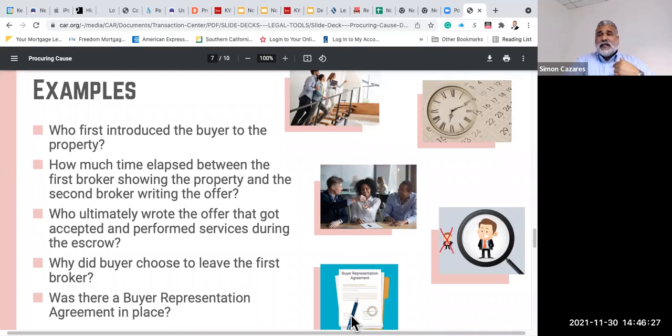Because if I'm the agent now representing the buyer, I'm going to ask those questions, and I'm going to ask real hard questions to the buyers. I'm going to ask, are you working with a buyer's agent? Yes. Okay. Did you sign a buyer representation agreement? No. Okay. And the reason I'm setting myself up for that is because I need to know exactly: can a buyer terminate an agency relationship with an agent? The answer is yes. The buyer and the seller can terminate each other's agency agreement.